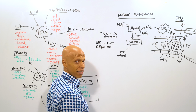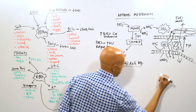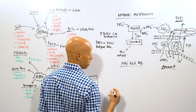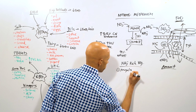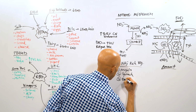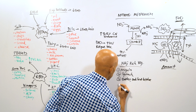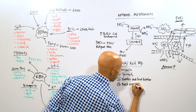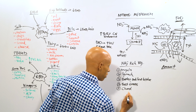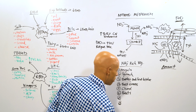So let's create a list of nitrate-rich vegetables that are going to achieve this effect. Here's a list of nitrate-rich vegetables as well as the amount that delivers a very potent blood pressure reducing effect. The first is arugula. The second is spinach. The third are things like butter lettuce or oak leaf lettuce. The next are beet greens. Then we have chard, whether this comes from rainbow chard or Swiss chard. Then we have beets themselves, which are a little bit lower on the list, but they're still there. Then we also have rhubarb,